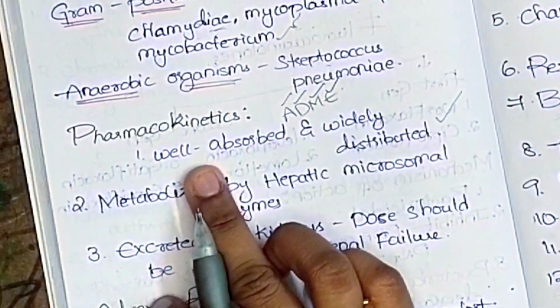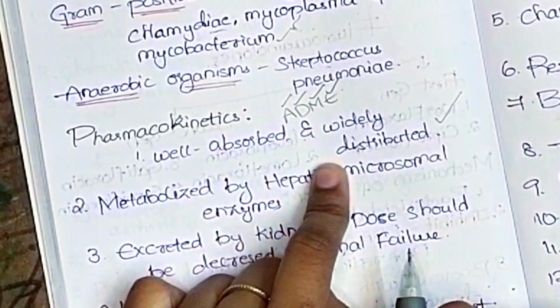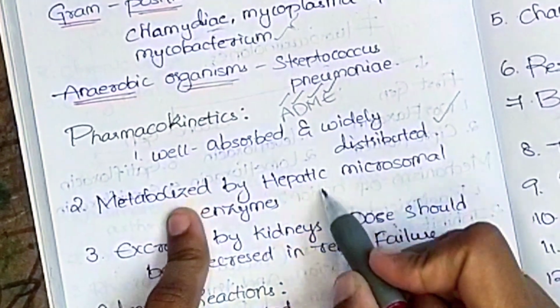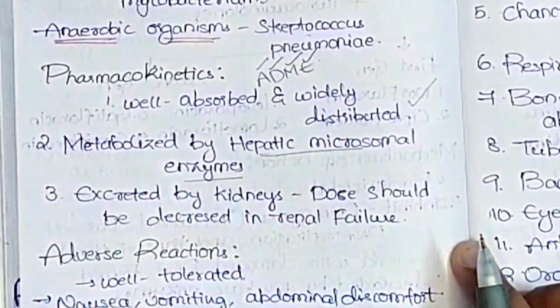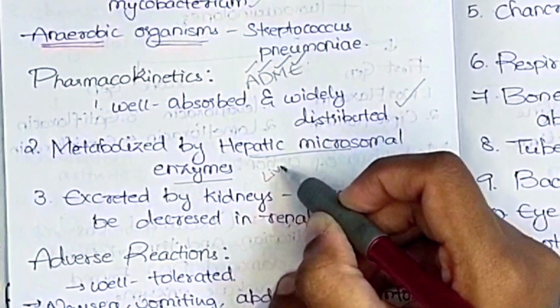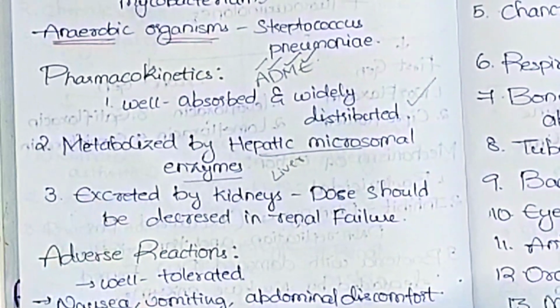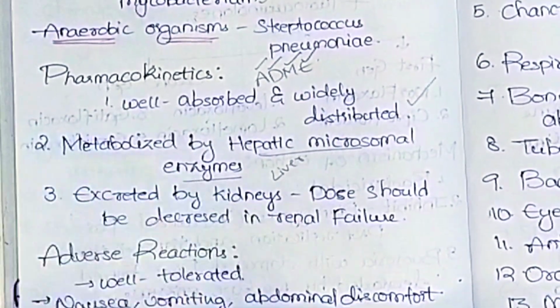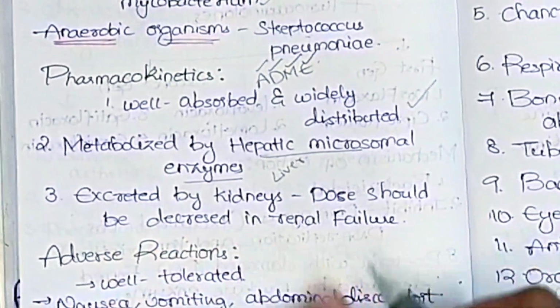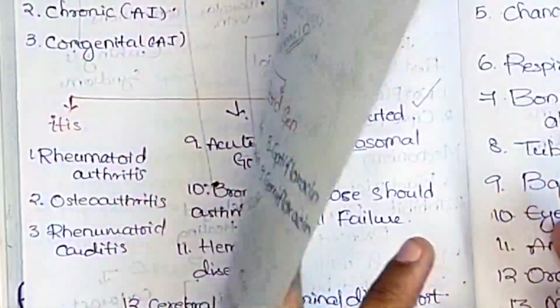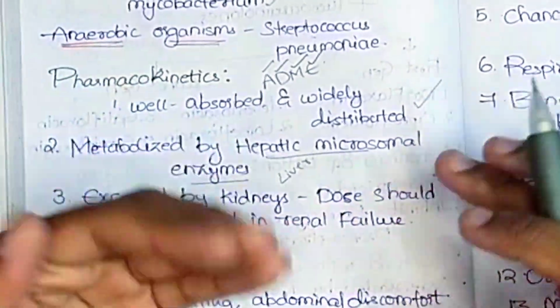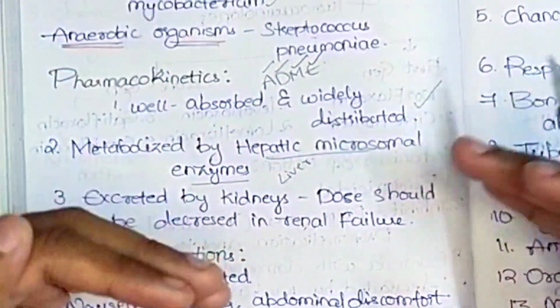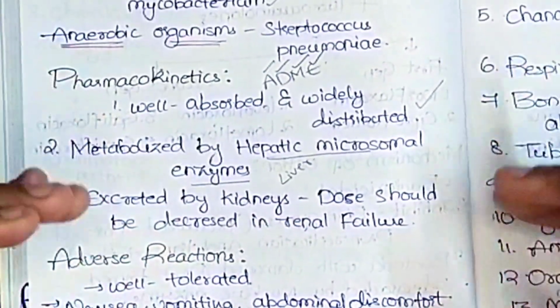So absorption, it is well absorbed. Distribution, it is widely distributed. Coming to the metabolism, it is metabolized by the hepatic microsomal enzymes. So in the liver, it is metabolized. So coming to excretion, it is by kidneys. So the dose should be decreased in renal failure, as the clearance is by kidney. So the patients who are having renal failure problems, for them when we are prescribing, the dose should be